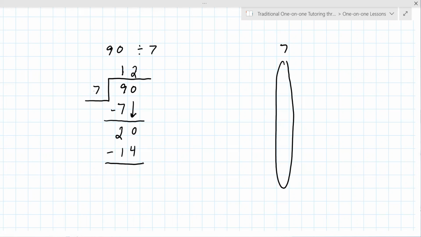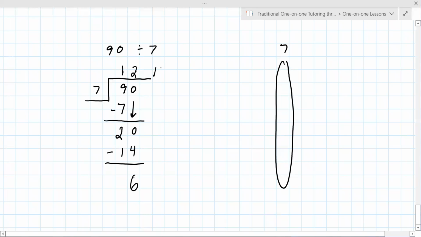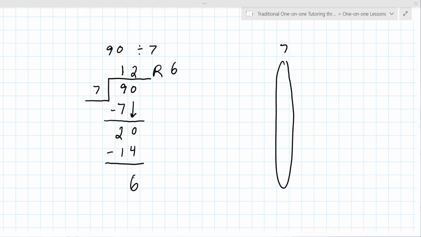6. It is 6. Very good. So what is your remainder in this problem? 6. Very good. Okay. Now we're going to do a problem